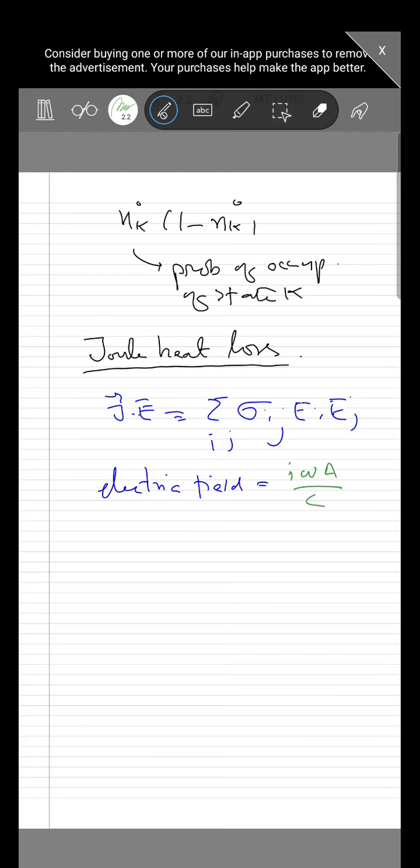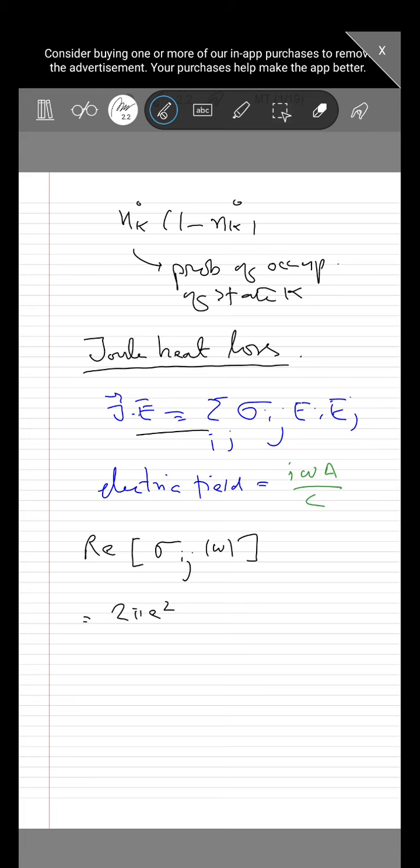So this has a real and imaginary part. If you consider only the real part, the real part of sigma i j omega